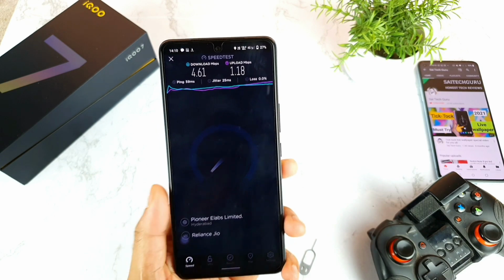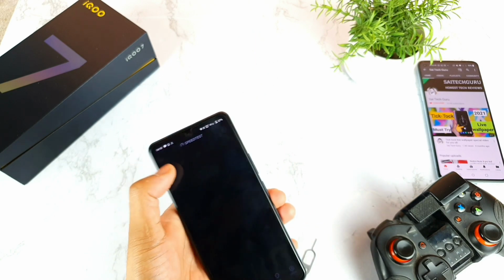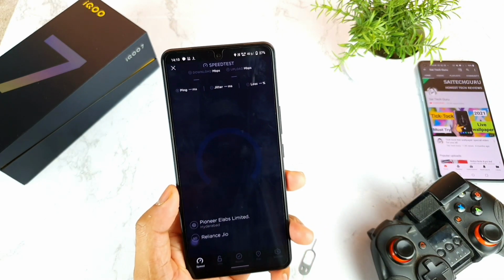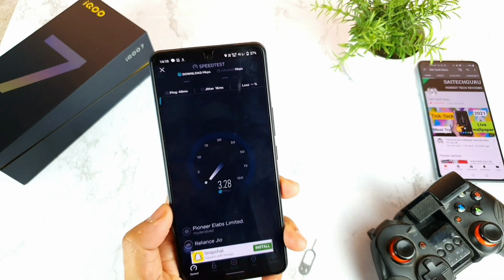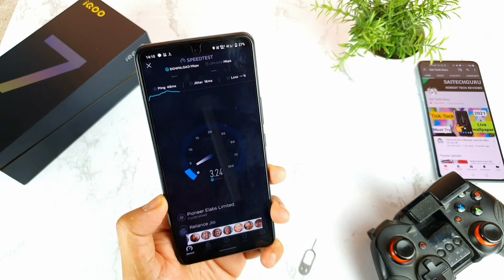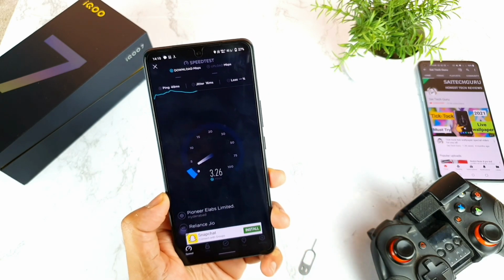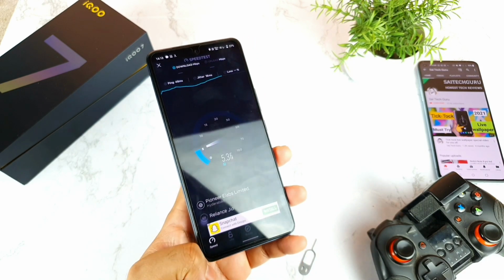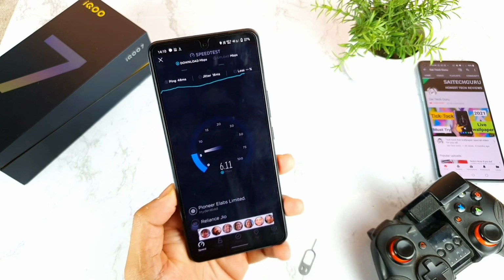As you can see clearly, let me do the test again. Seriously, friends, I am really disappointed. Whatever phones I have in my studio right now, every phone is showing the 4G plus except this iQOO7 device. Except this phone, every phone is showing the 4G plus in my studio, in my location, and I'm using the same SIM. So there is a problem.